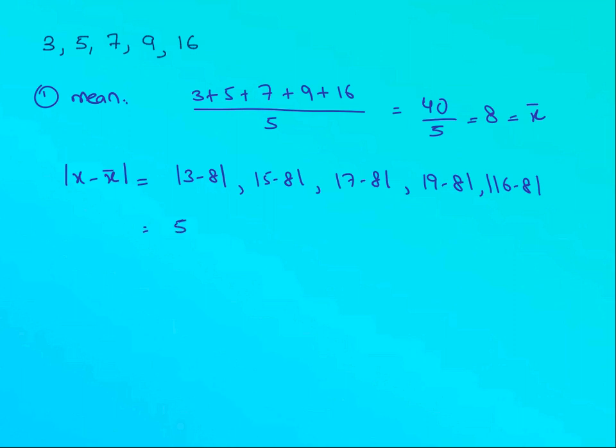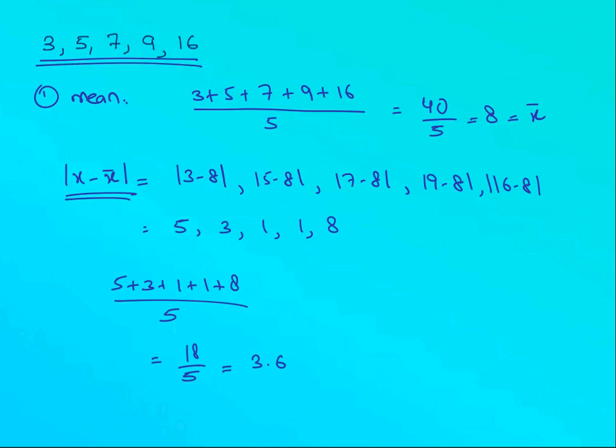So these are the individual x minus x bar mods. This is 5 because the difference is minus 5. When you put a mod, it becomes positive. The second one is 3, 1, 1 and 8. So these are the absolute deviations from the mean. What we have to find is the mean absolute deviation, which means just find the average of these values. The mean of these, which is 5 plus 3 plus 1 plus 1 plus 8 upon 5. So 5 plus 3 is 8, 9, 10, 18 by 5, which is 3.6. So this is the mean absolute deviation of this given set.